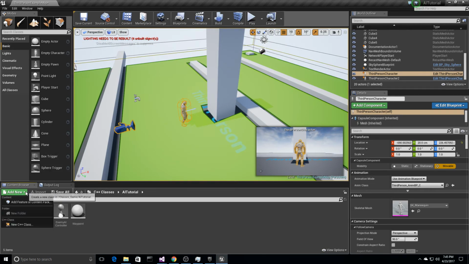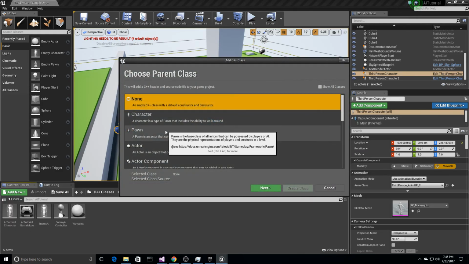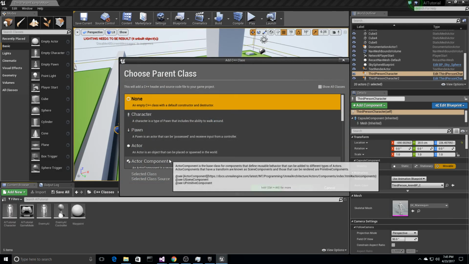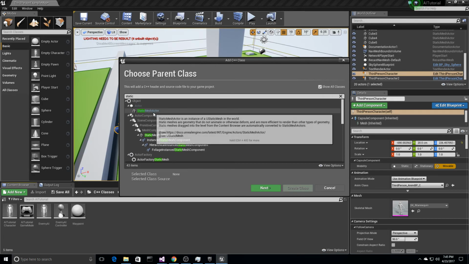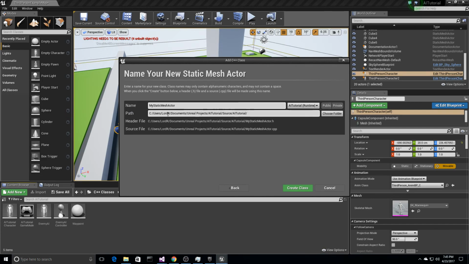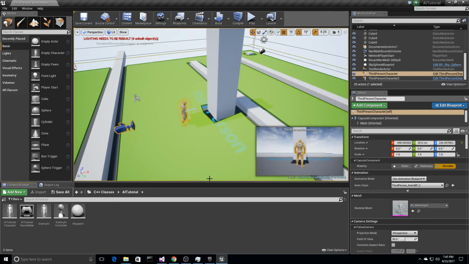So we're going to go to Add New, C++ class. We're going to start with the Waypoint, which is an actor. It's actually a static mesh actor, so we can kind of see it. So just type in show all classes, search for static mesh actor, click next, name it Waypoint. And I would keep the names the same. It'll make it easier to follow the code. So that's going to be Waypoint. You'll click create class, wait for it to generate, maybe pause the video, and then when you're ready, you're going to make a new one,